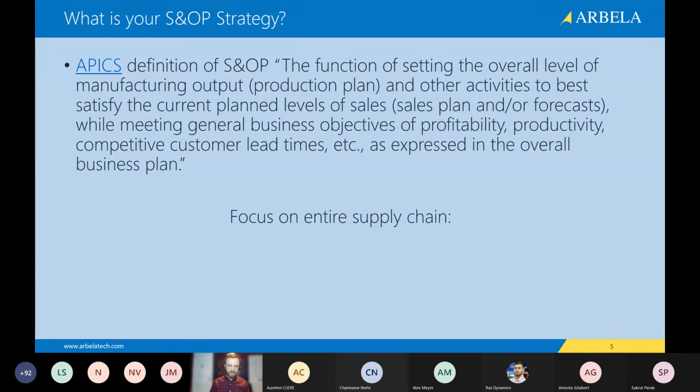So to start off with, Apex defines S&OP as the function of setting the overall level of manufacturing output or a production plan and other activities to best satisfy the current plan levels of sales. That can be a sales plan, that can be forecasts, truly entered sales demand, while meeting the general business objectives of profitability, productivity, competitive customer lead times, etc., as expressed in the overall business plan. So really what we're trying to say here is, when you're setting up a strategy, when you're setting up master planning, when you're thinking about how you want to actually implement Dynamics, you really need to focus on your entire